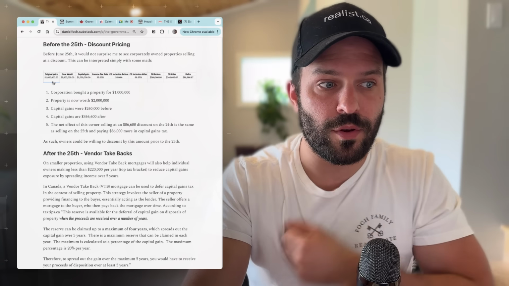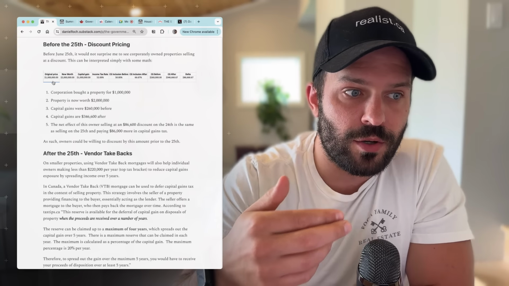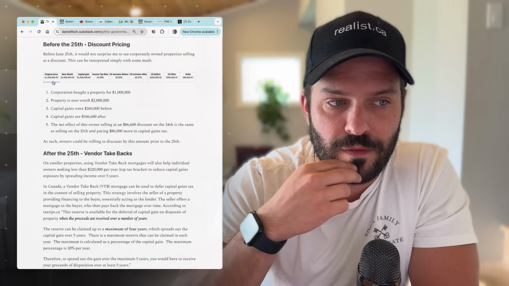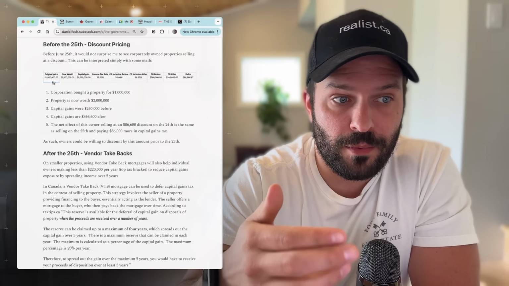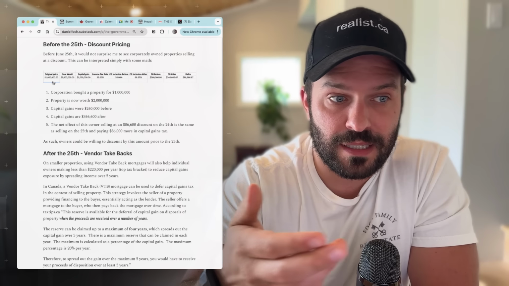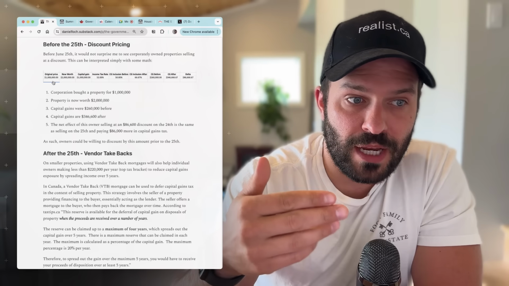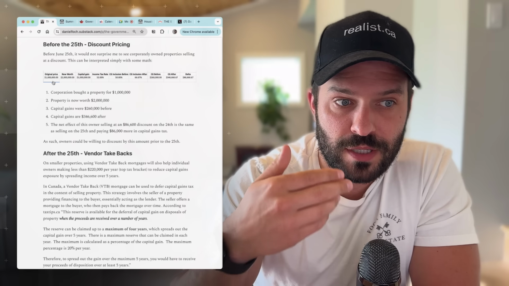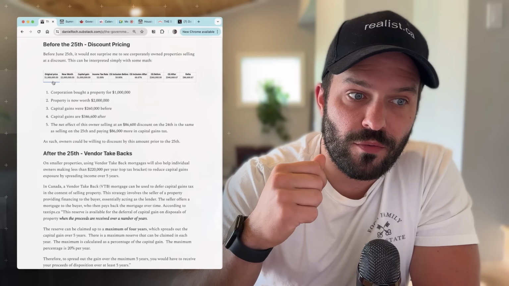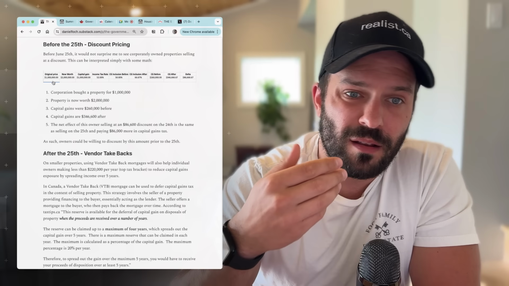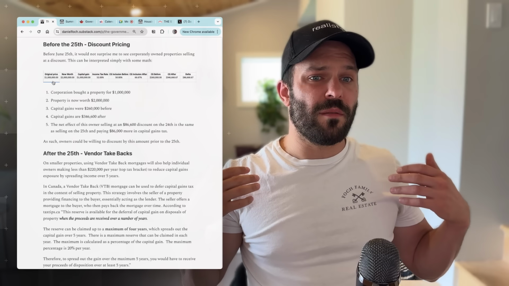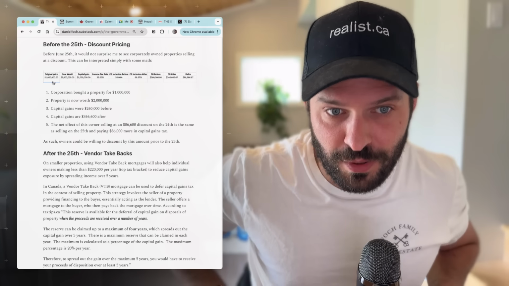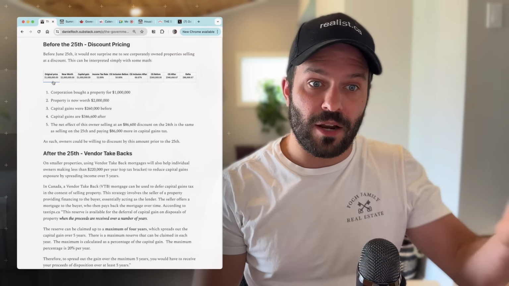The house is now worth $2 million. Their capital gain was $1 million. Assuming an income tax rate of 52%, their capital gains inclusion before was 50%. Their capital gains inclusion after is 66.67%. Their capital gains tax before was $260,000 and after is $346,000, leaving a difference of about $86,000 that you could offer. If you offer them $75,000 below asking price, they're still ahead.